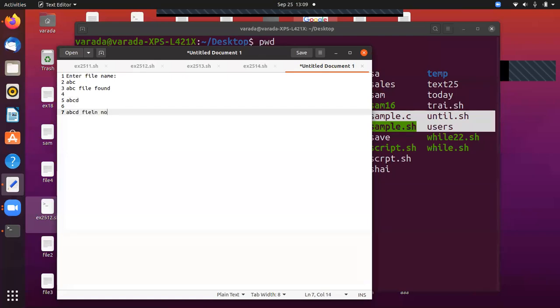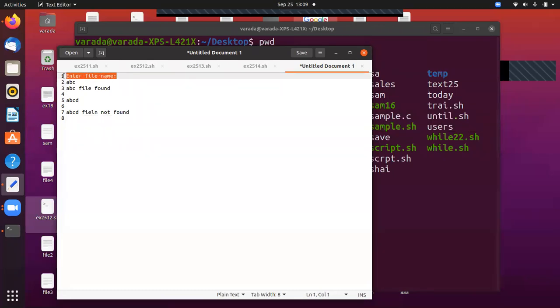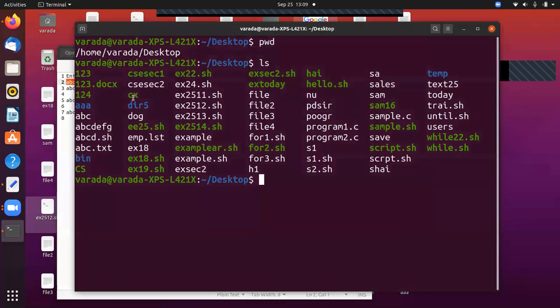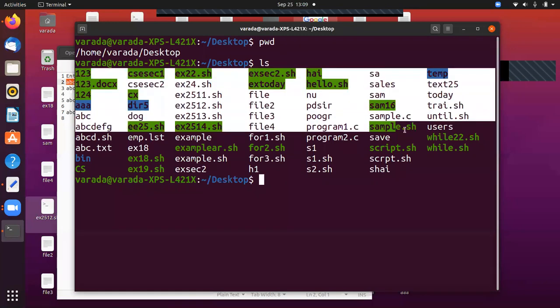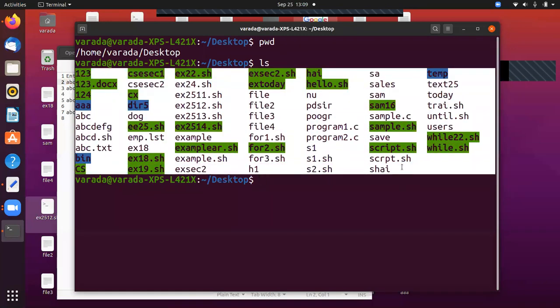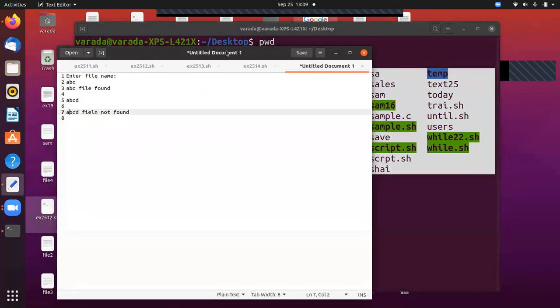This is the program we are going to write. So enter file name, then we provide the file name, and if the file is available in this current directory, then it displays that the file is found. Otherwise it displays not found.